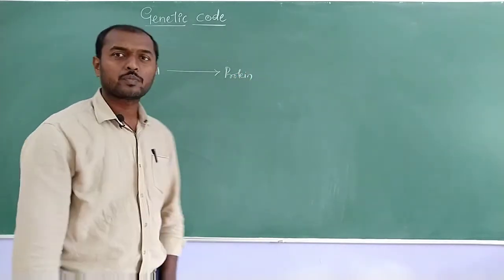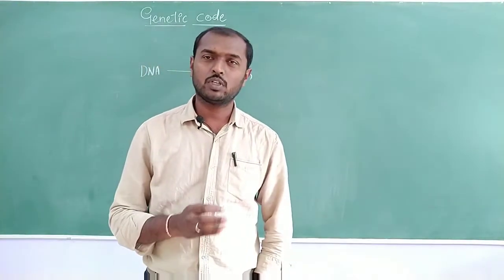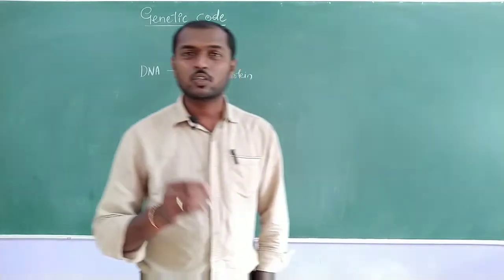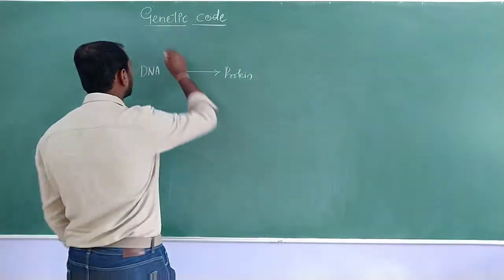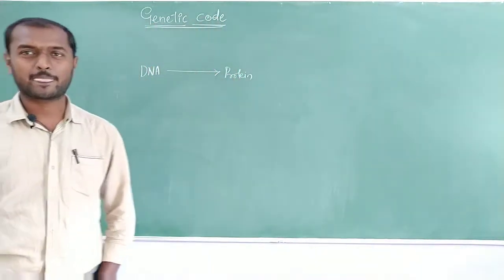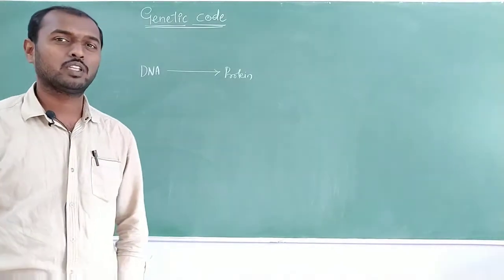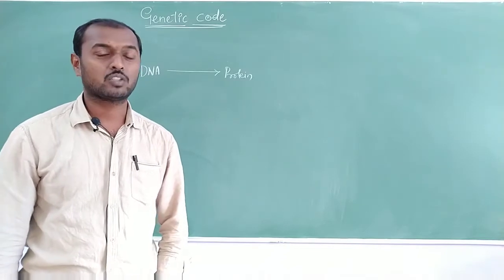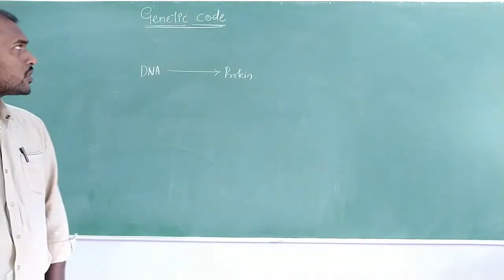ಓಕೆ, ಸೊ ಎಲ್ಲರಿಗೂ ಡೌಟ್ ಇದೆ, ಏನಪ್ಪ ಅದು DNA ಅಲ್ಲಿರೋ ಇನ್ಫಾರ್ಮೇಷನ್ ಹೇಗೆ ಪ್ರೋಟೀನ್ ಆಗಿ ಕನ್ವರ್ಟ್ ಆಗ್ತದೆ ಅಂತ ಹೇಳಿ. ಸೊ ಇದಕ್ಕೆಲ್ಲ ಆನ್ಸರ್, ದಟ್ ವಾಟ್ ವಿ ಆರ್ ಗೋಯಿಂಗ್ ಟು ಸ್ಟಡಿ, ದಟ್ ಈಸ್ ಜೆನೆಟಿಕ್ ಕೋಡ್ ಅಲ್ಲಿ ನಿಮಗೆ ಸಿಗುತ್ತೆ. ಓಕೆ, ಸೊ the answer for this particular thing we are going to get in this particular chapter, that is what we call this particular concept, that is what we call genetic code.